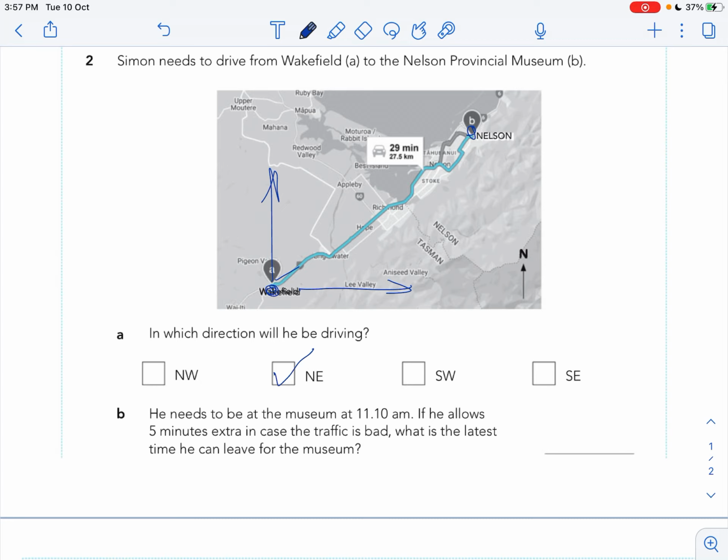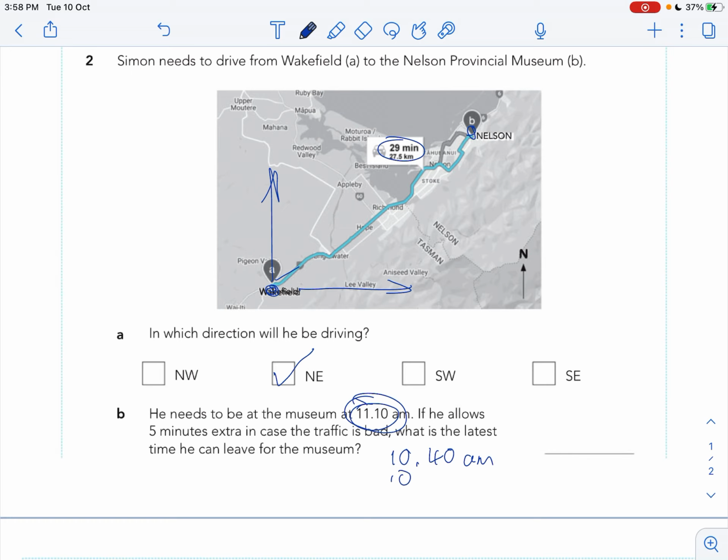He needs to be at the museum at 11:10. If he allows for 5 minutes in case of delays. Okay, we'll add on 5 minutes at the end. What's the latest time he can leave for the museum? So it takes 29 minutes. So that's one less than 30 minutes. So if we take 30 minutes off 11:10